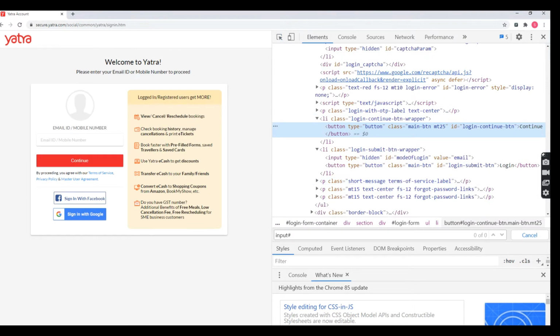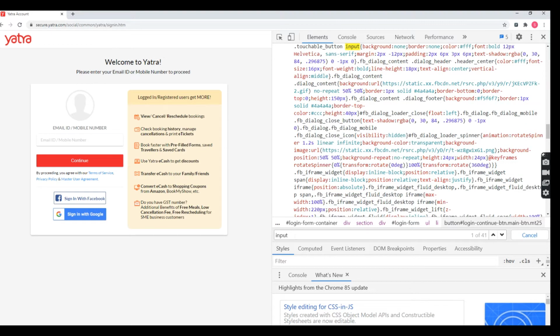If you want to use ID or class name, we can use hash and dot. Here we are going to use multiple attributes, so now use the bracket symbol.